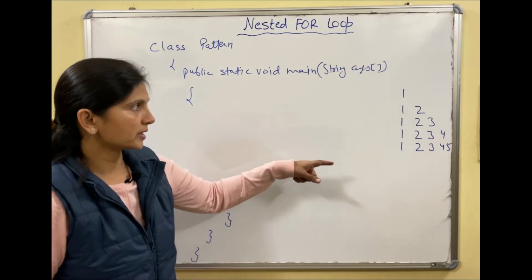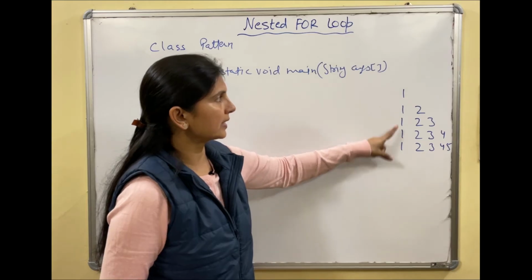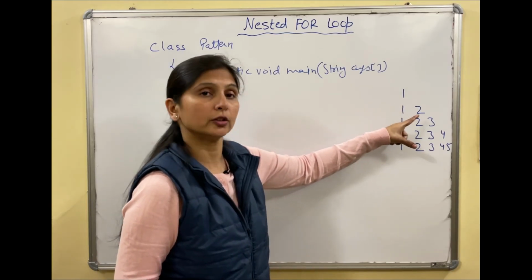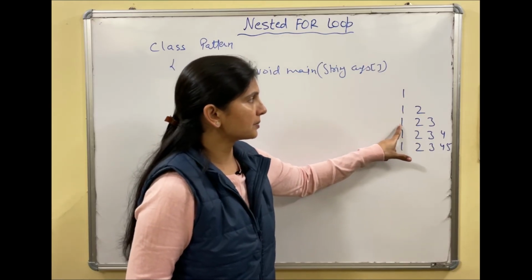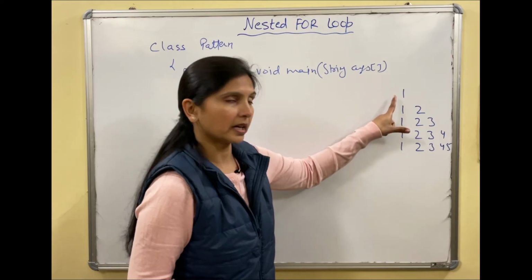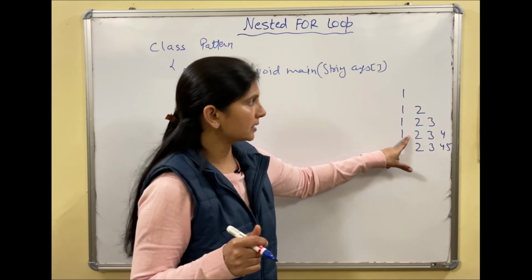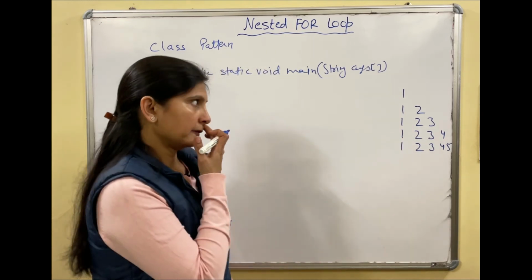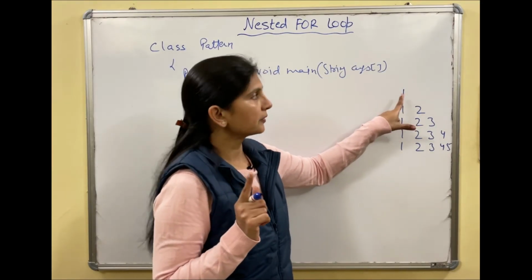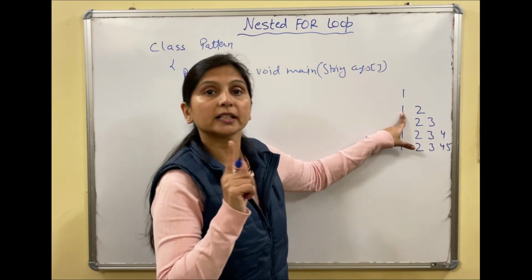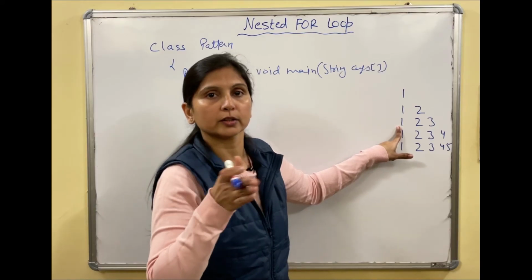The next program is to display this pattern. Now if you see this pattern, how many rows are there? 1 2 3 4 5, and j is the same as the value of i. i 1, j runs 1 time; i 2, j runs 2 times; i 3, j runs 3 times; i 4, 4 rows, j 4 columns. Again I am telling, when i is 4, meaning the 4th row, how many columns are there? 1 2 3 4. So the same number. Fine. So what do we have to display? When i is 1, only 1. When i is 2, how many times does j run? 1 2. When i is 3, 1 2 3. And the same thing we are displaying here: 1, 1 2, 1 2 3.